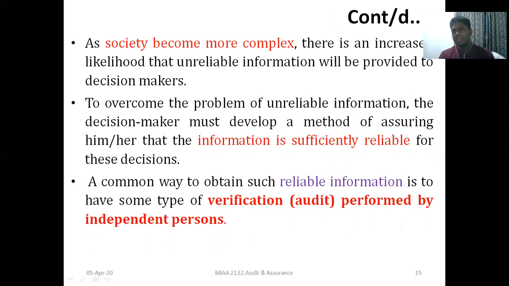So as society becomes more complex, what does complex mean? Complicated. You are very familiar with it. Sometimes we use the term, he's a very complicated person. Complicated means we couldn't properly understand the person, we can't predict the productivity. So nowadays you can see our society, because of our environment, especially the business market or business environment, is very uncertain. Uncertainty means you can't predict anything properly, because it changes dynamically, dramatically, suddenly because of